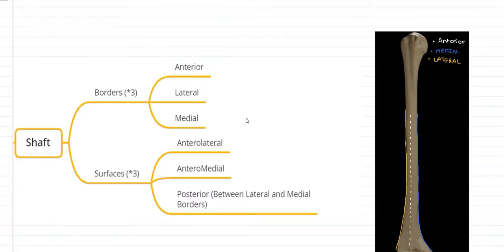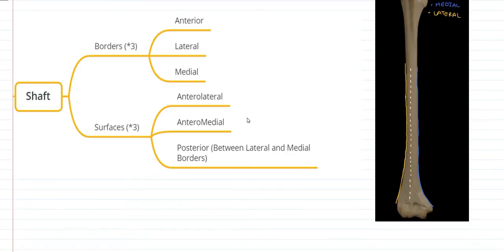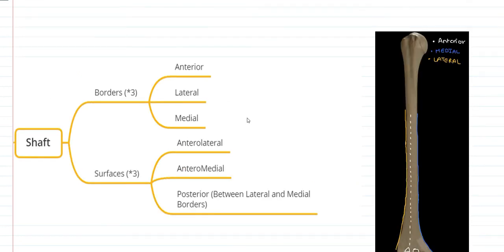Regarding the anterior border, it extends from the greater tubercle to the line between the radial and the coronoid fossa. We can see here the radial fossa and the coronoid fossa, in between which lies the anterior border, and superiorly it starts from the greater tubercle, which is lying laterally. Next, we have the lateral border. The lateral border is interrupted by the deltoid tuberosity formed on the anterolateral surface, which we have discussed, formed by the anterior border as well as the lateral border.